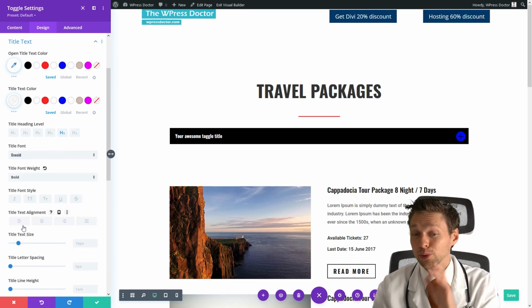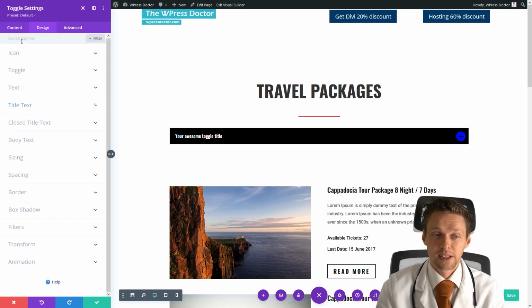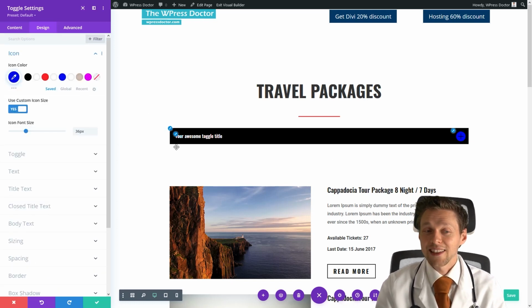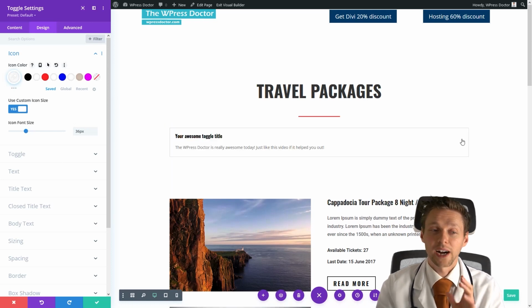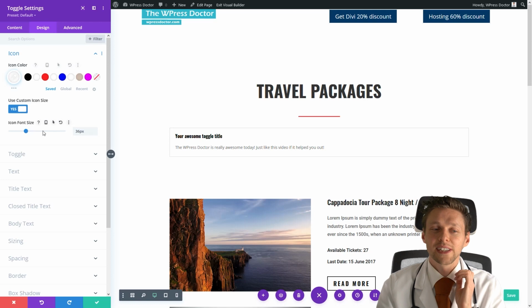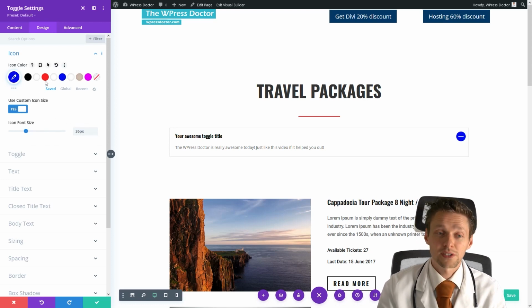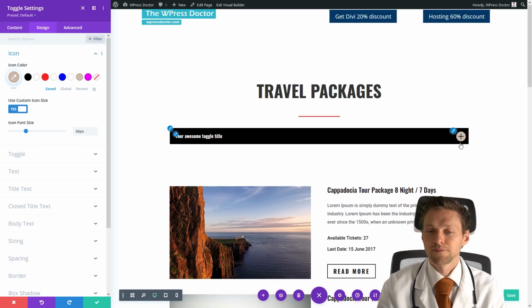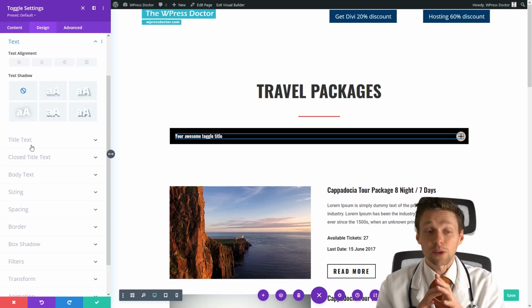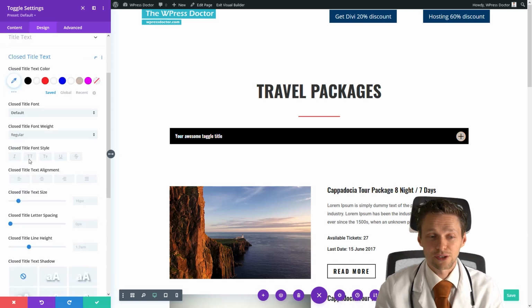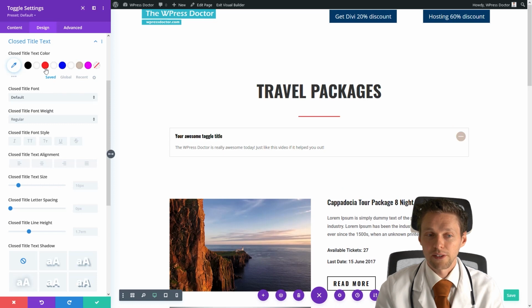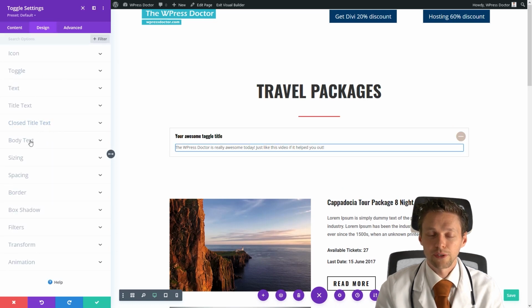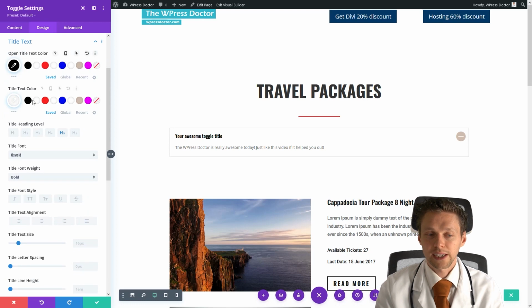So this is pretty obvious and pretty logical. Just hit that brush icon there and you can change the toggle color. If I change my background to white, then my icon is gone, so that is not very logical. Use something that works okay, but you can't see all the time like this. Actually, this entire module is really simple, because next is just your closed title text color. If you want to make it closed, you have it white, and when you have your title text open, it is black.